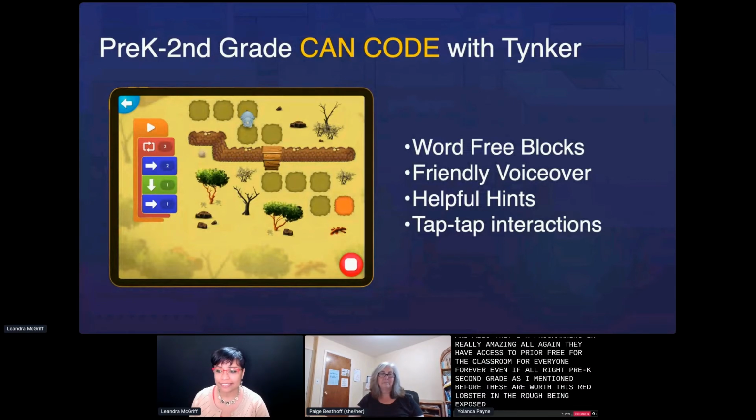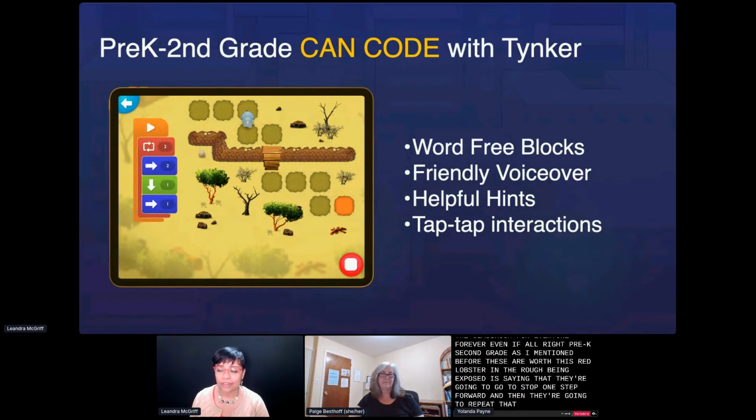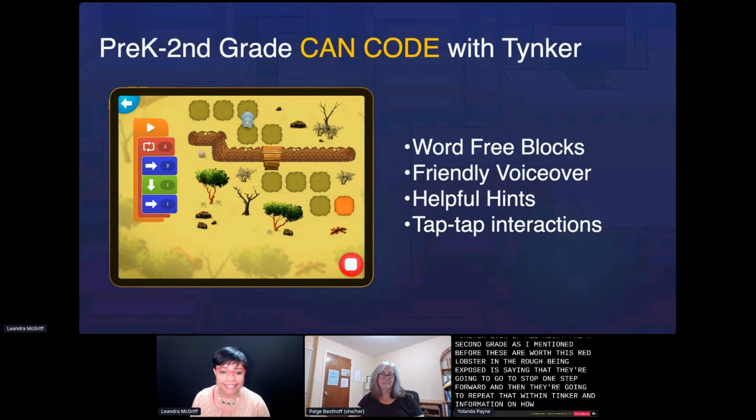It's saying that they're going to go 2 steps forward, 1 step down, and then 1 step forward, and then they're going to repeat that loop here. So you can kind of see how that works within Tinker. And Paige will, of course, give us some more information on how this works. There are also helpful hints, and it's all voiceover friendly for our little ones so that they can know what to do next and how to manage and navigate through Tinker.